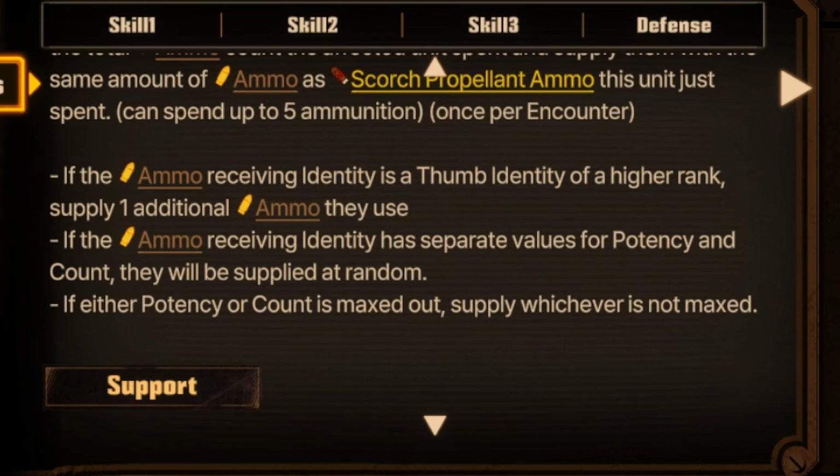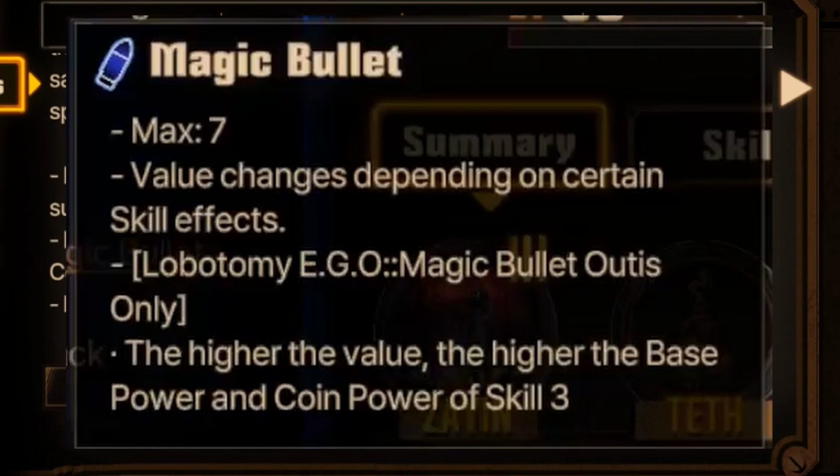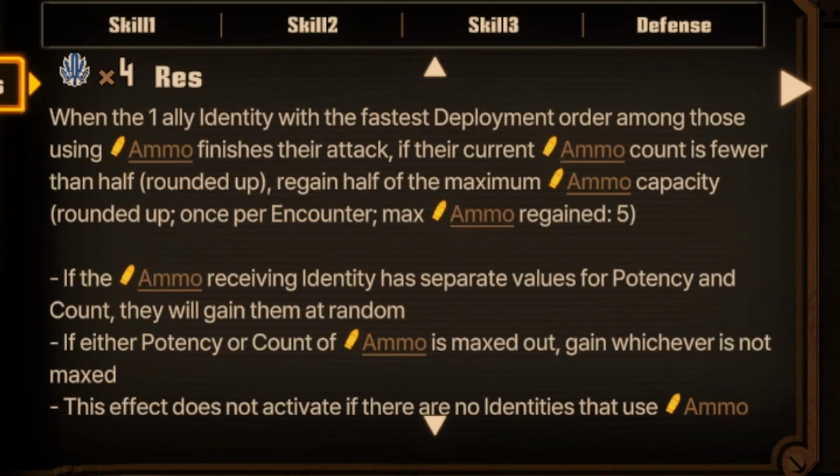Even though the Burn team doesn't have any ammo user besides Meursault, no, he will not give Magic Bullet to Otis, because it's not tagged as a unique ammo. Support passive, Reloader, is just his passive with 4 Priorities and gives half the maximum amount of ammo, up to